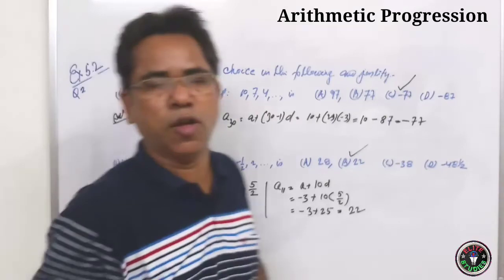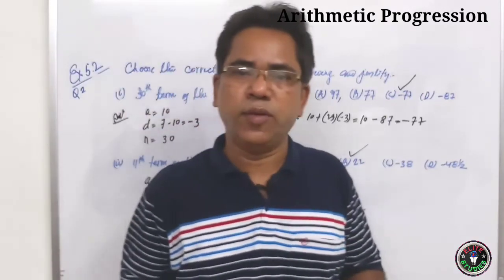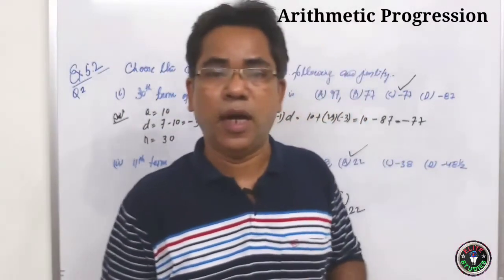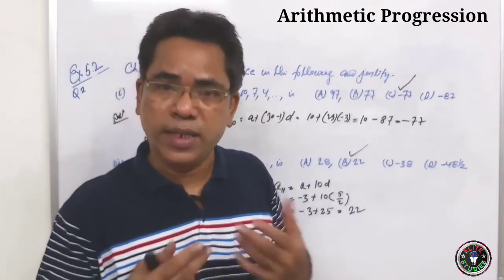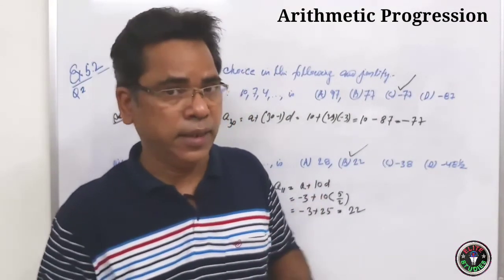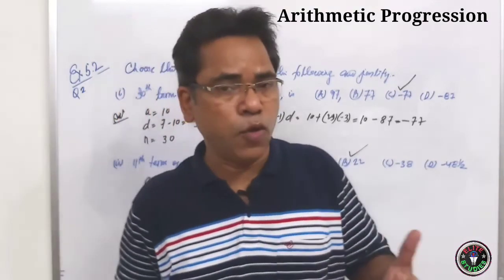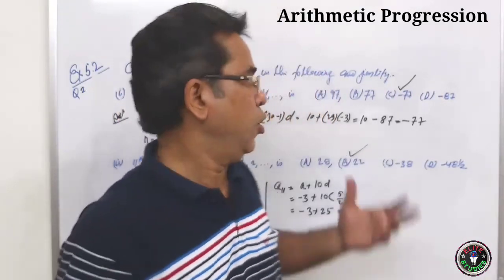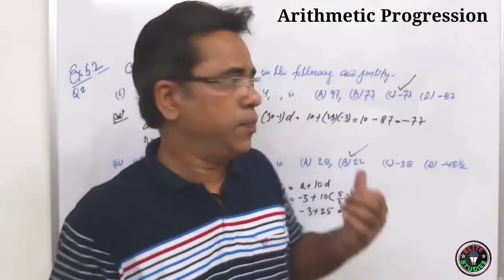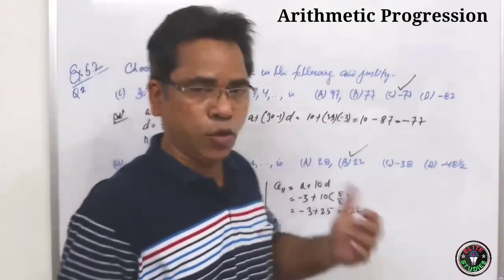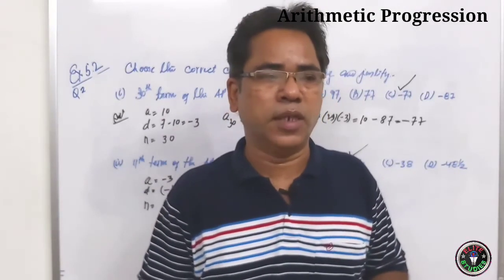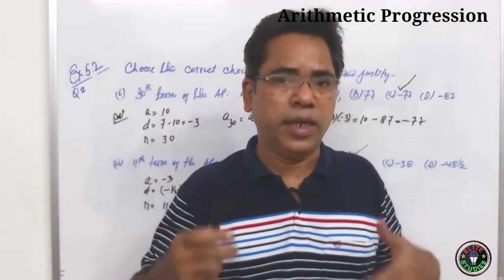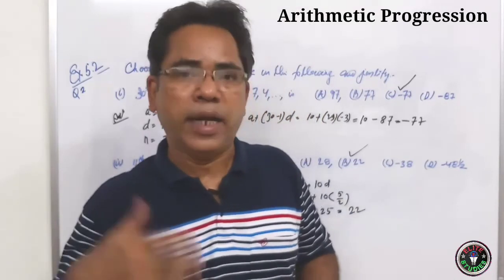So dear students, this is all for today. What we did actually, we did the nth term of AP. It was very important how to derive the nth term of an AP. An is equal to a plus n minus 1 d, and what is an, what is a, what is n, and what is d. That is very important. And then based on this formula, we did two exercises, question number 1 and question number 2. These are also very basic level. So in the next video, we will do some other questions, isn't it?